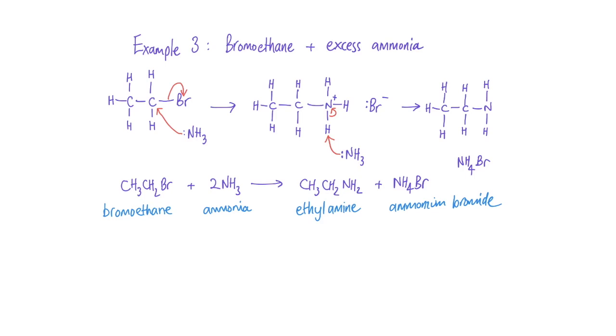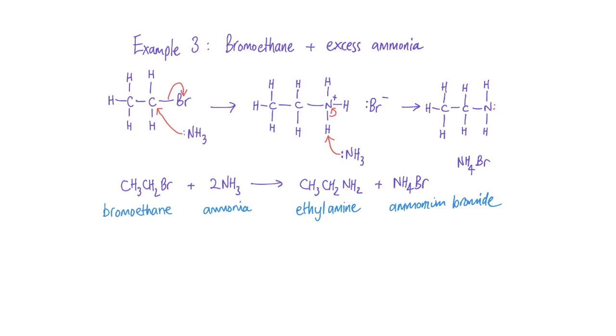And one last thing to consider before we finish is that we have excess ammonia here, and the reason that we require that. So the reason we have this excess of ammonia is to encourage the yield to be high of this, our primary amine, because this amine that we produce actually has a lone pair here, and so therefore it can also act as a nucleophile. So if we don't have that excess of ammonia, so that the majority of our bromoethane has already reacted, then this product could go on to react as a nucleophile with the bromoethane, and that will lead to